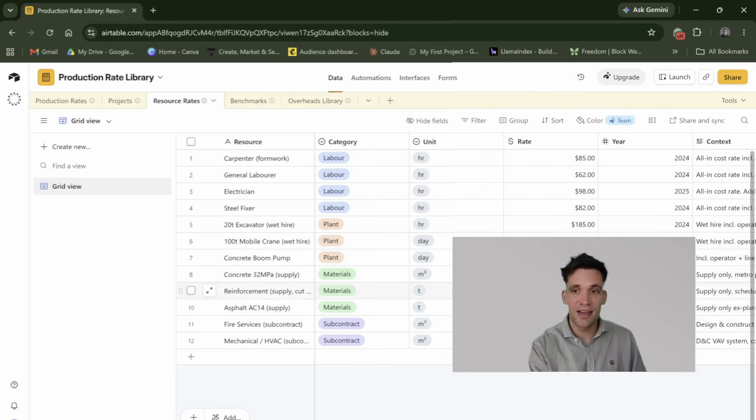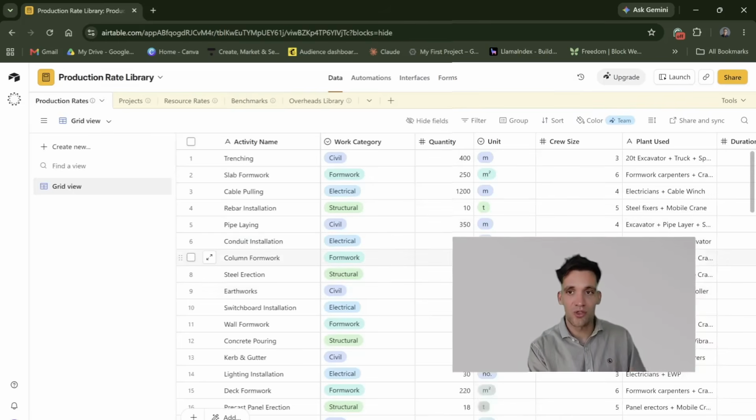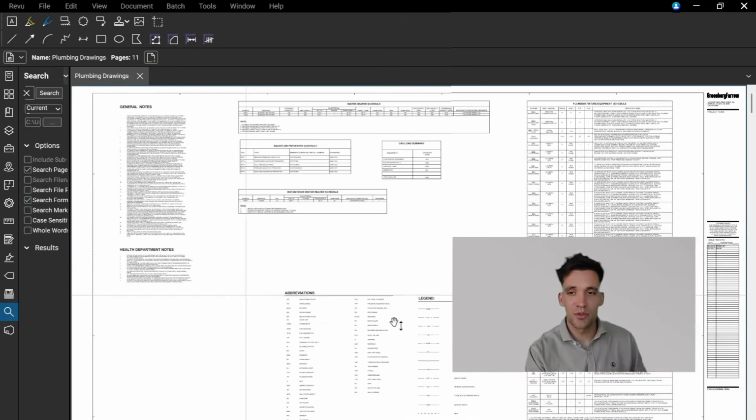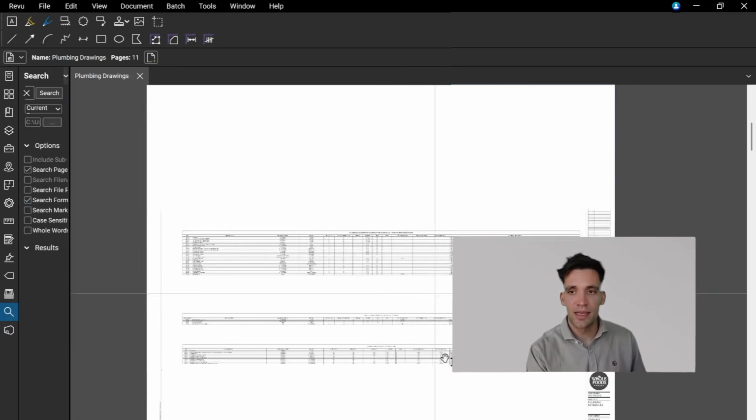So where I think AI excels is where you give it a very good library of accurate construction data and you're pricing a project with a very clearly defined scope of works, and there is a clear bill of quantities. Now, the reason I draw attention to the bill of quantities comment is because